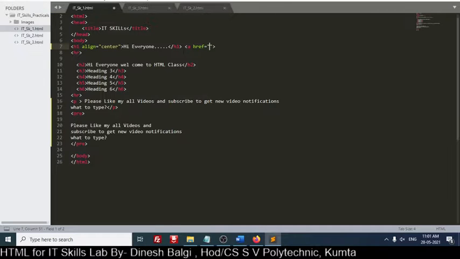In this one I will simply write the file name, that is IT underscore sk underscore 2.html.